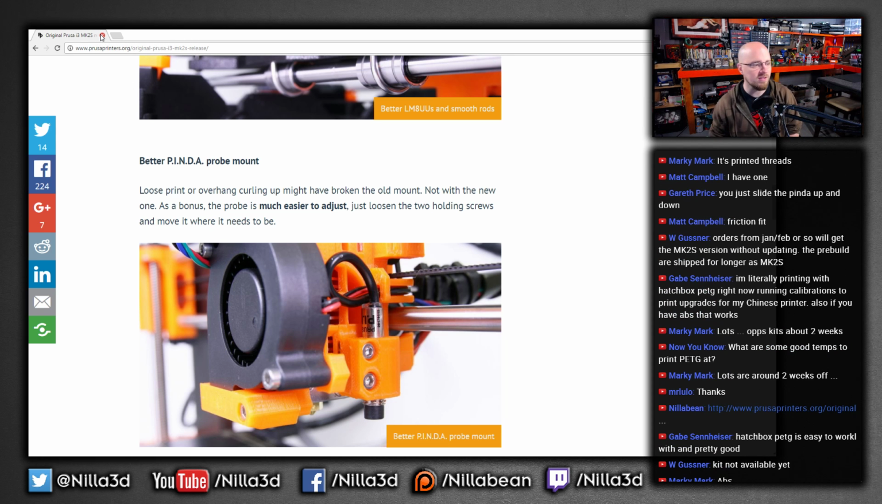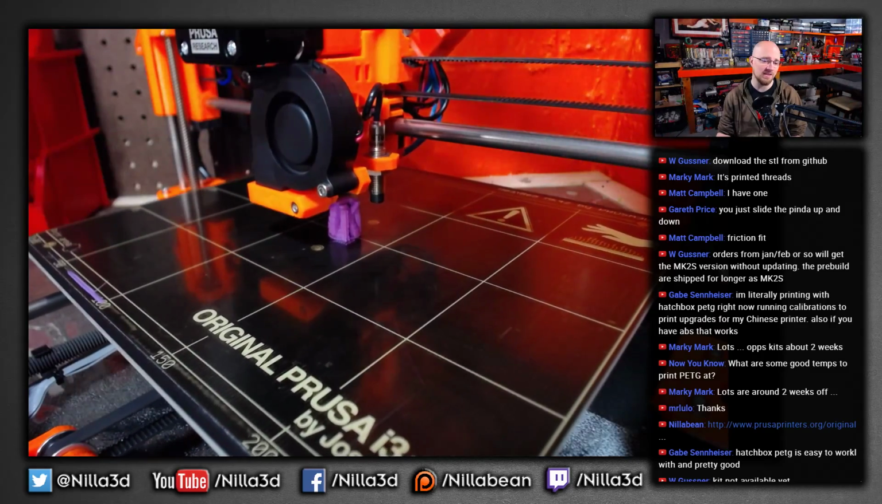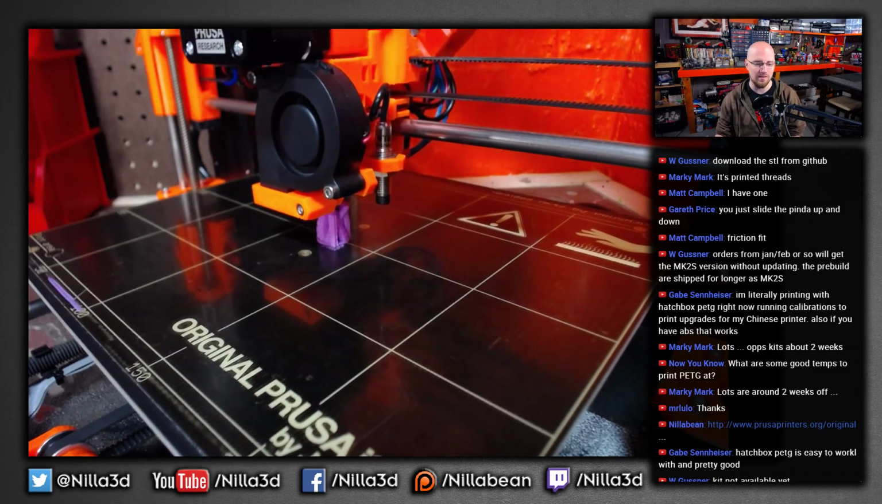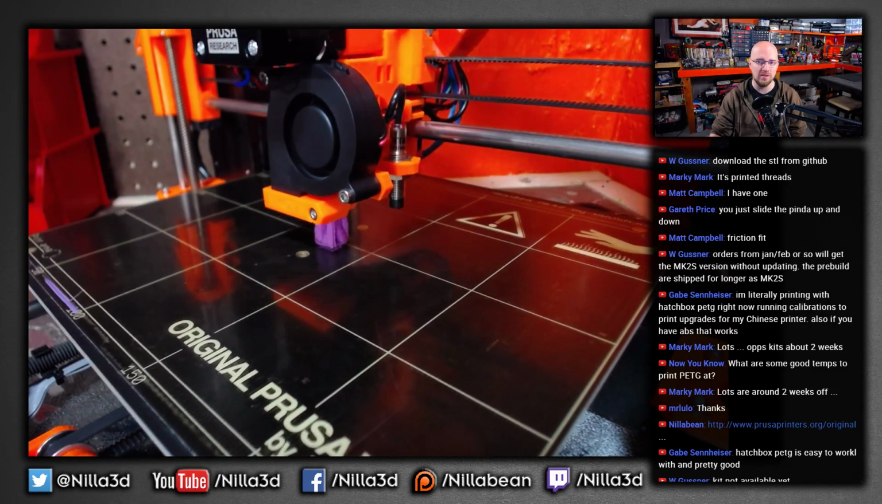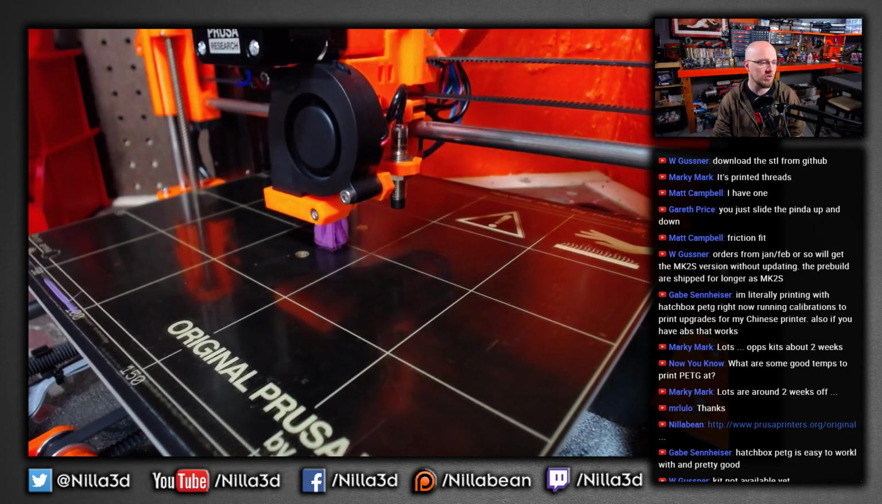I think someone mentioned there could potentially be some problems, because there are some things you can do wrong and get your Pinda to hit your print. And I think this design is going to make it more likely to actually break your Pinda, which could be bad, but